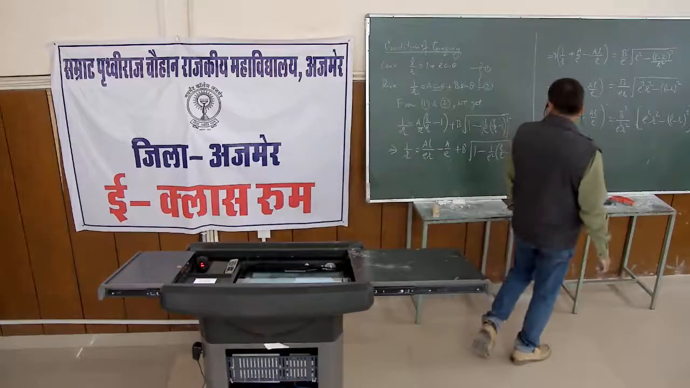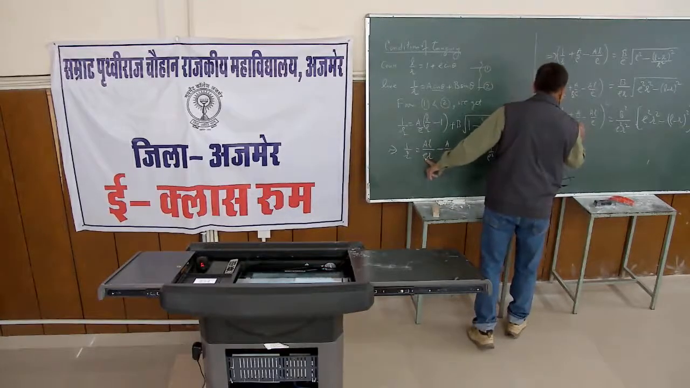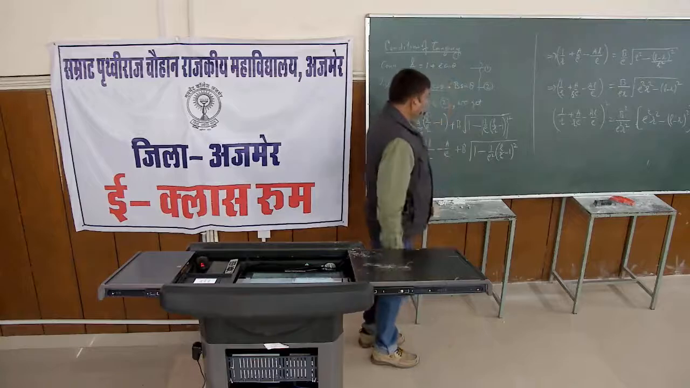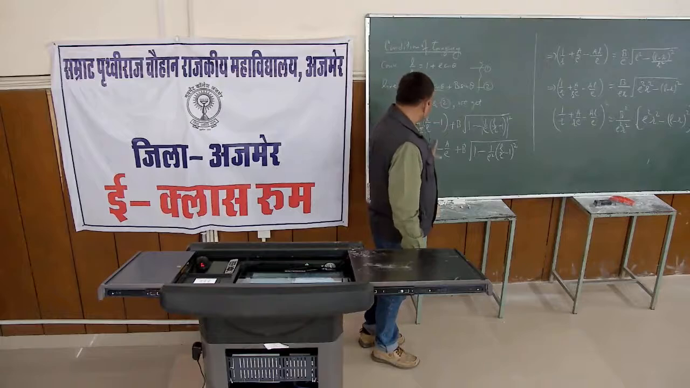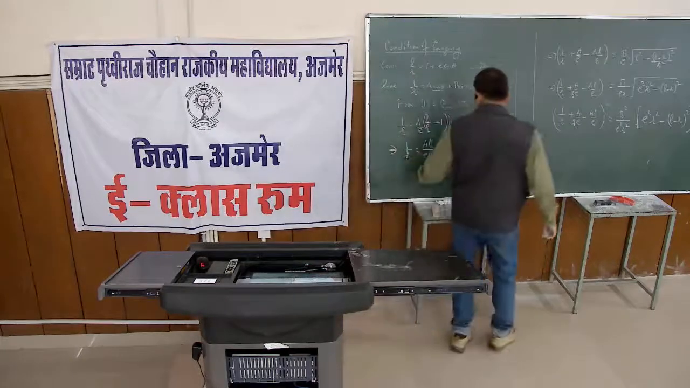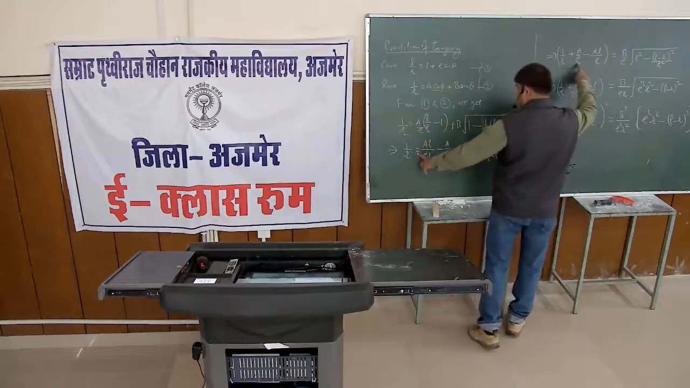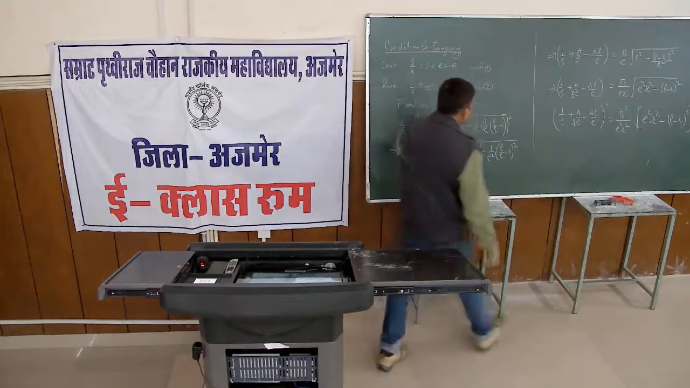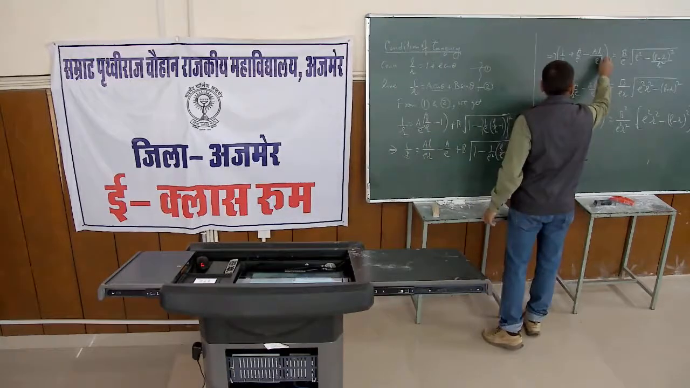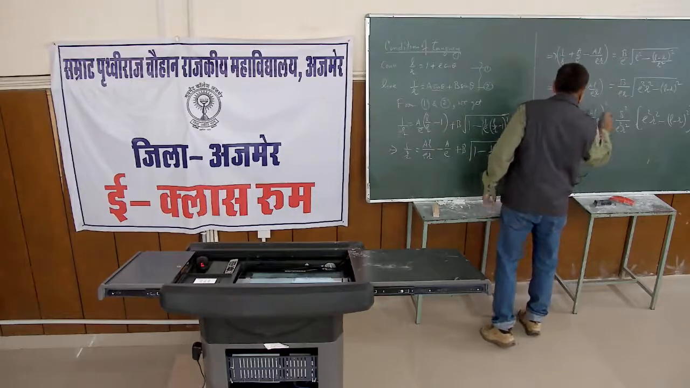कहाँ पर? ER. ये तो ठीक है ना? नहीं, 1/r यहाँ से ठीक लिखा है मैंने। ए बाई ई कौन सा लिखा है? ए बाई ई, ये ठीक है। या, ओके।